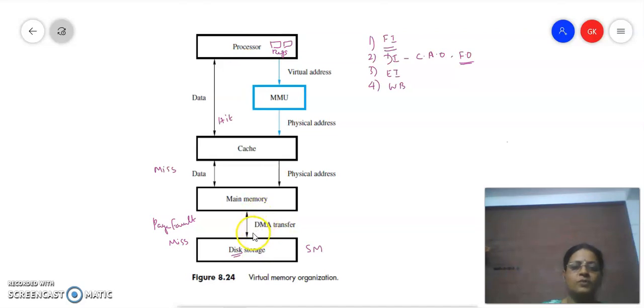Instead, we are going to make use of DMA transfer. What we mean by DMA transfer is direct memory access transfer. We allow the IO devices to access the memory directly without disturbing the CPU. So at a faster rate, the data transaction will happen from the secondary memory to the main memory. And once it has reached the main memory, the CPU can use it only by reference to the cache, so it has to be transferred again to the cache memory, and from the cache it will reach the CPU.